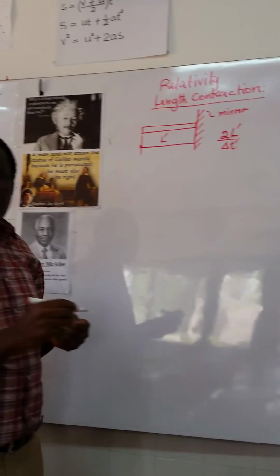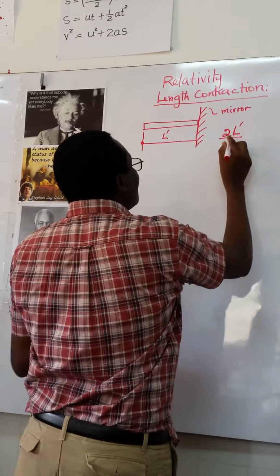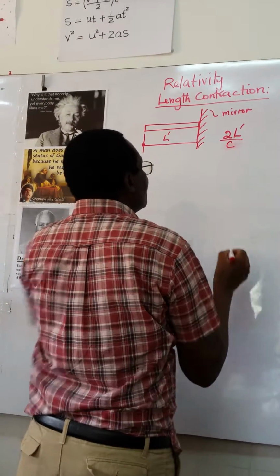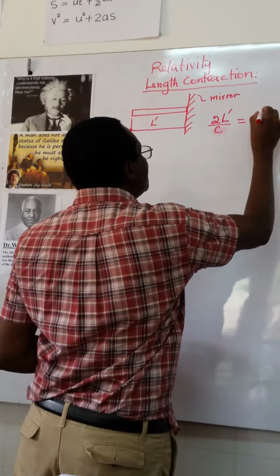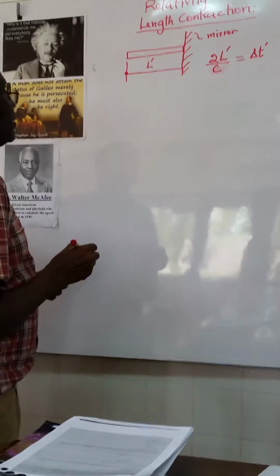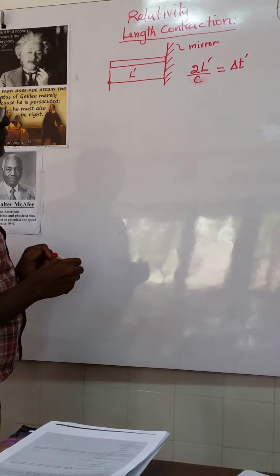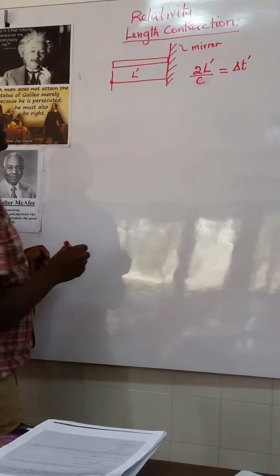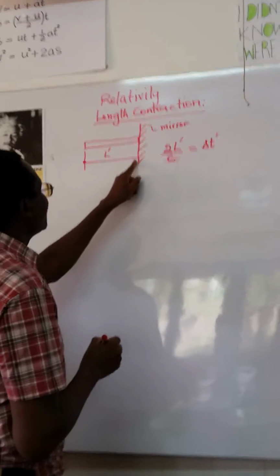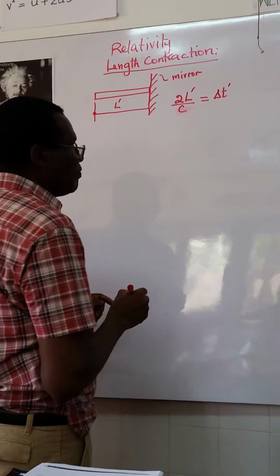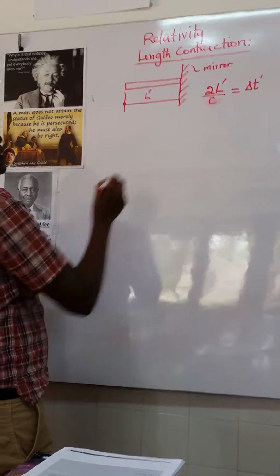And we know that we can also say it the other way around, that 2L over c, the speed of light, will give us change in time t prime. That is measured in the same frame of reference as the events being light leaving the point, going to the mirror and coming back. So two events have happened in the same space at the same point, and therefore we